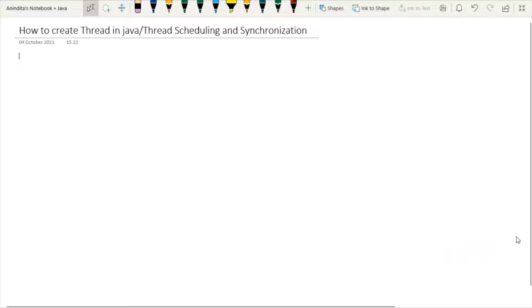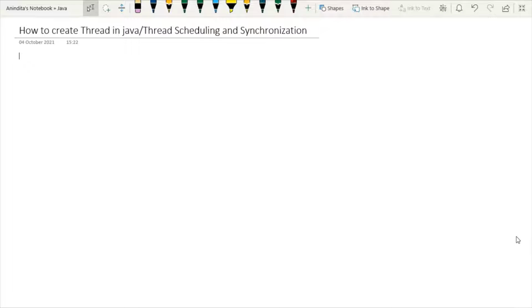So now let's start about threading concept in Java. So we will start designing threads in Java. But before starting the coding part, I want to tell you one point. Whatever we have already covered as a part of Java programming, like constructor, super keyword, interface, and inheritance, today I am going to apply them all in this thread programming part.